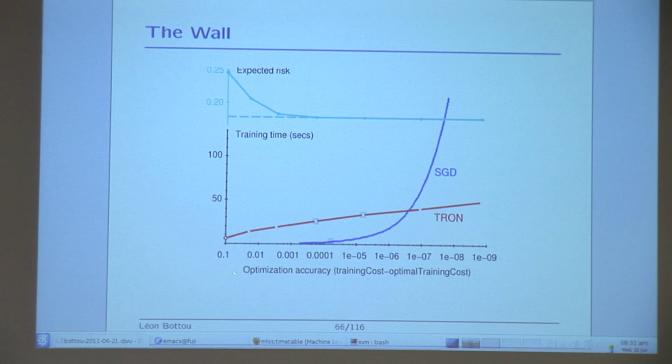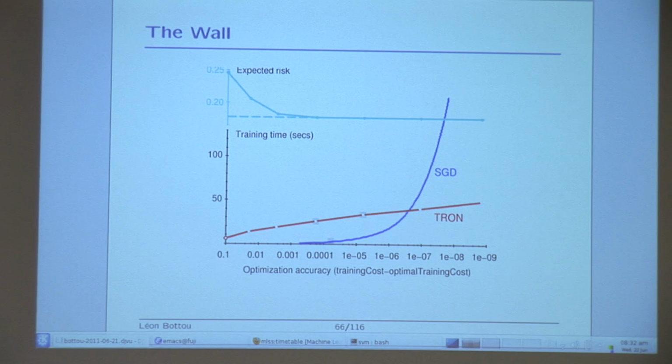On the x-axis, there is the optimization accuracy, which is the difference between training cost and optimal training cost on a log scale. And that's the training time. If you look at what the optimization algorithm does, the good one, it's clearly superlinear, meaning that it's not a line. It goes below the line, meaning it goes faster than exponentially. And it's quite impressive because in something like 1 minute, it's going to give you 10 digits of accuracy on